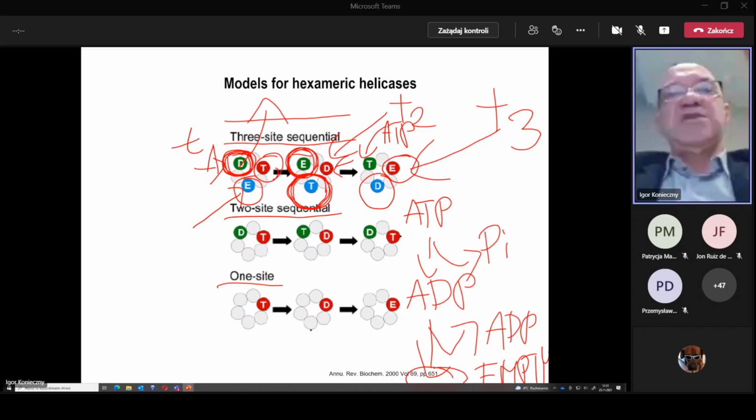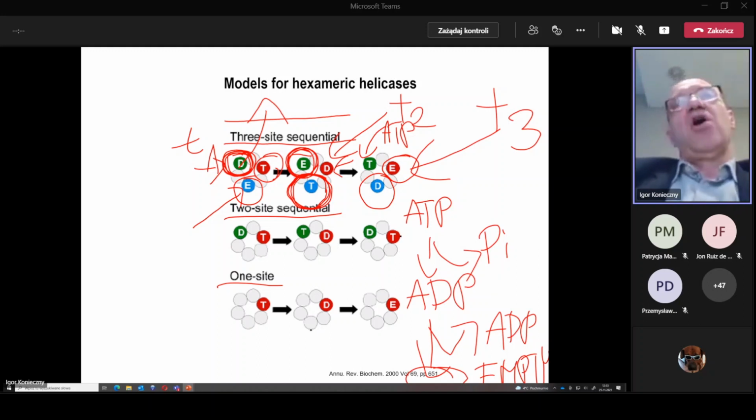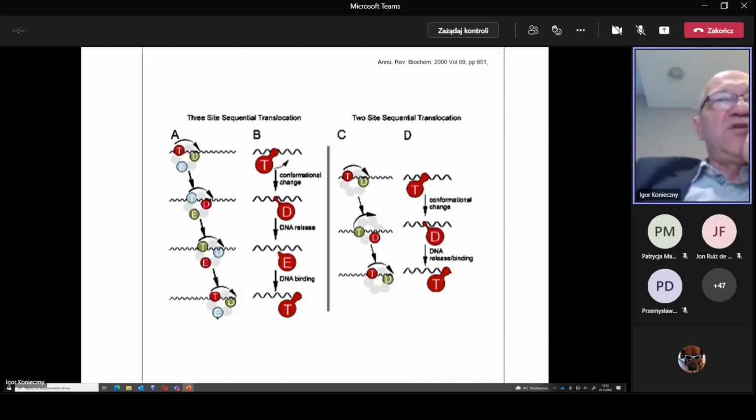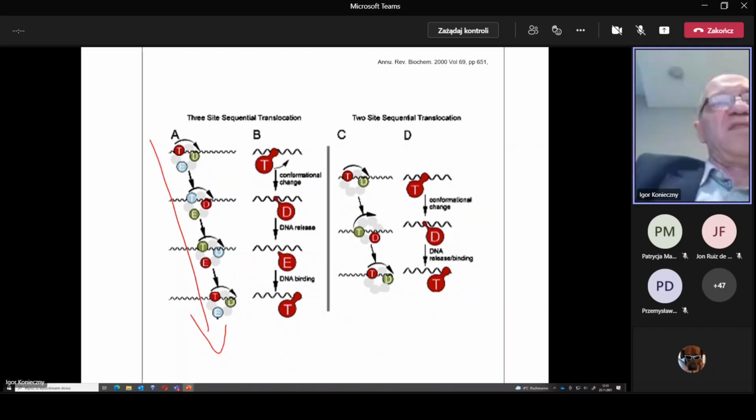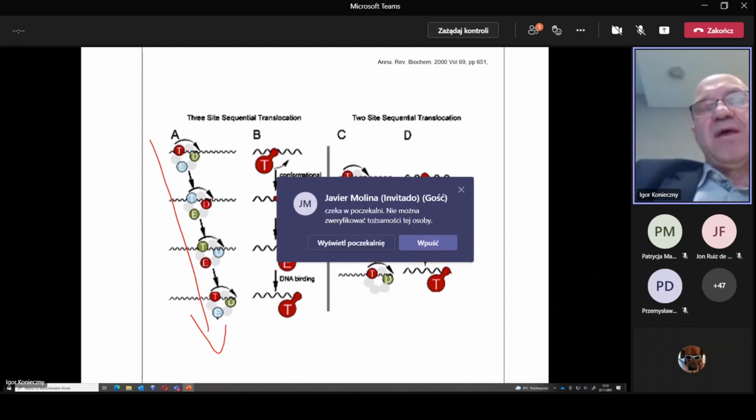Okay, so this is a sequential event of each individual subunit, and at the same time, it's impossible that all of them are empty. One would be empty, one would be bound by ATP, and the second one would be bound by ADP. So this is what happens, and this is just the concept, and you can see exactly what happens in time, and you see that the helicase can rotate on the DNA